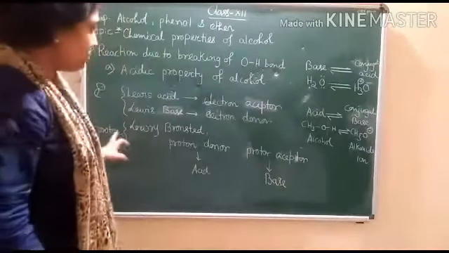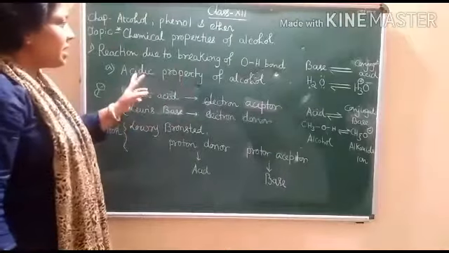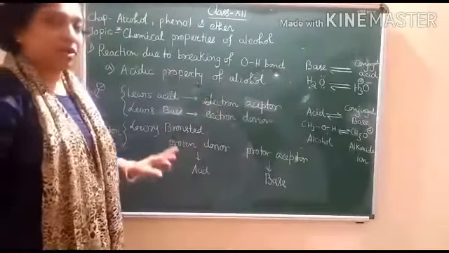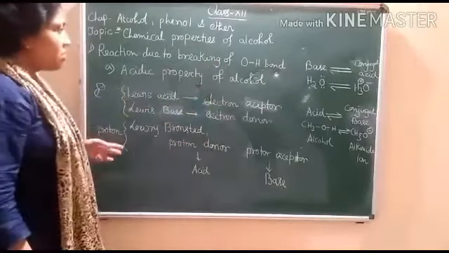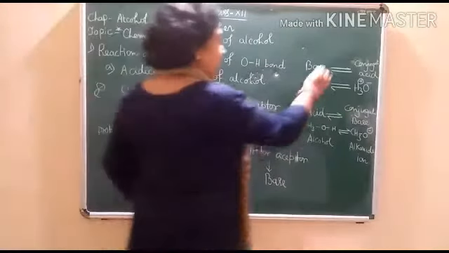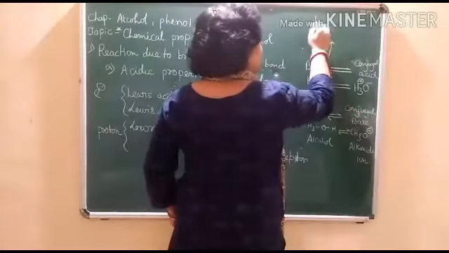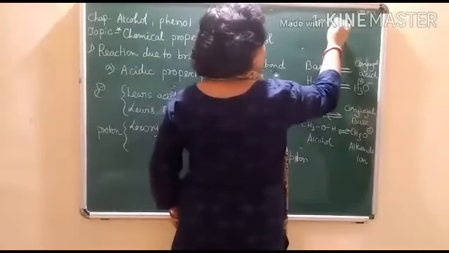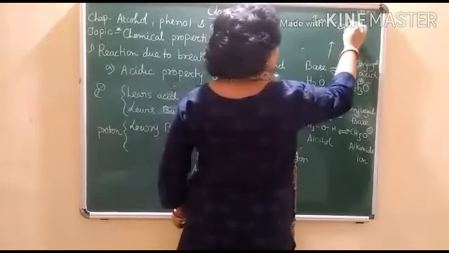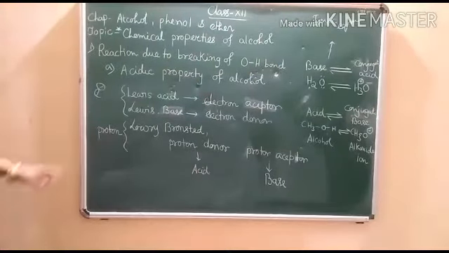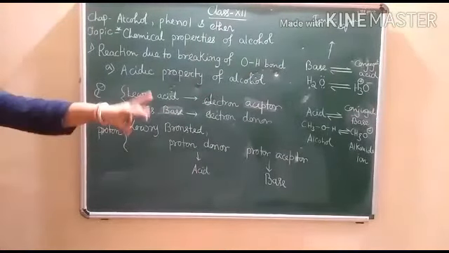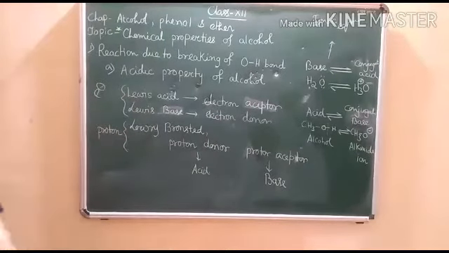So these are the few terms which I will explain in the acidic property of alcohol. So first you write, this is a basic concept. This concept is given in the detailed chapter called ionic equilibrium. In that chapter we will discuss again, but for the time being, whatever the gist I have given, just write it down.